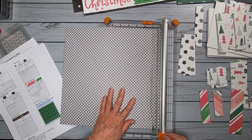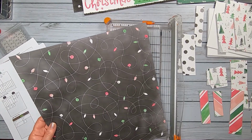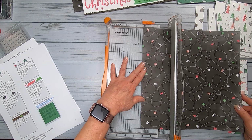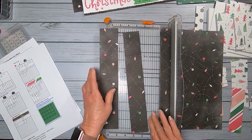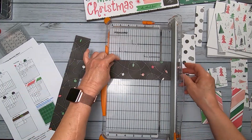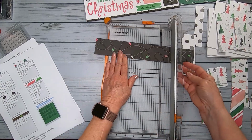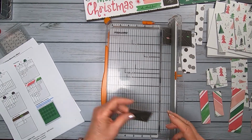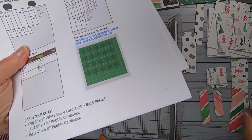So this is, I think, the black background with the lights. And we're going to do 2 2-inch strips. And that is all left over there. So they're going to get cut to 3 pieces that are 2 by 6. And then 1 piece that is 2 by 2. And then